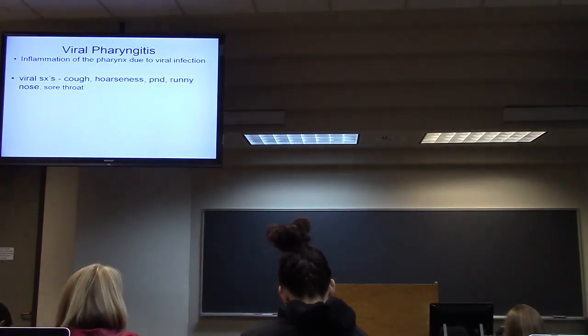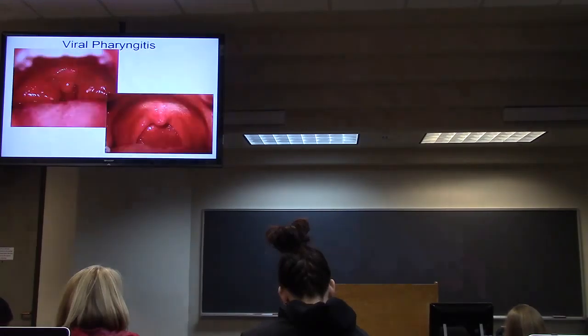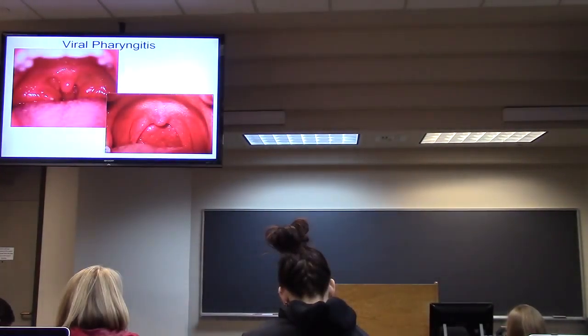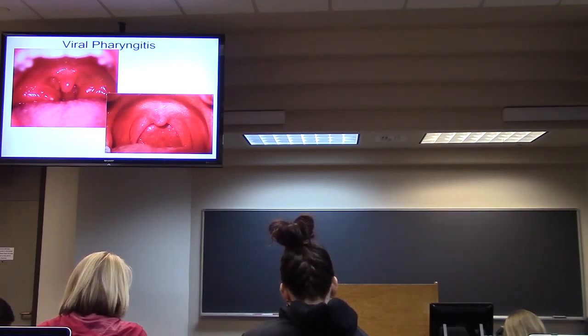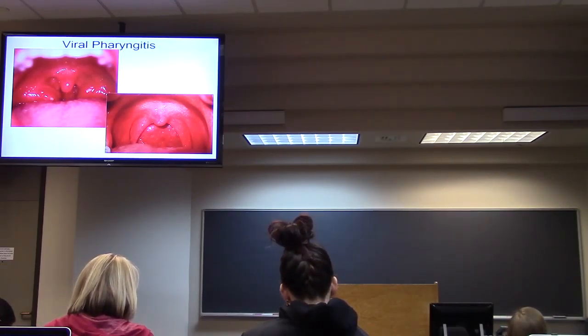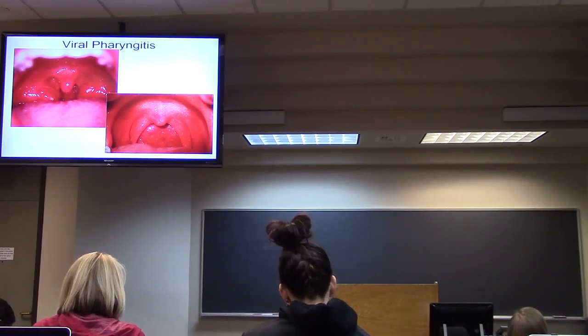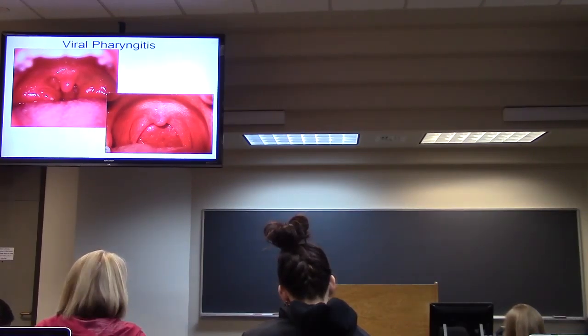So viral pharyngitis is a viral infection of the pharynx. Like I said, cough, hoarseness, postnasal drainage. You may see cobblestoning on the posterior pharyngeal wall, and sore throat. So that's what it looks like. Just red, irritated. It looks like that person has a little tonsil stone maybe on the left. But you don't see pus. You just see redness. There's no pus or anything like that. And this patient's maybe had this for 3 or 4